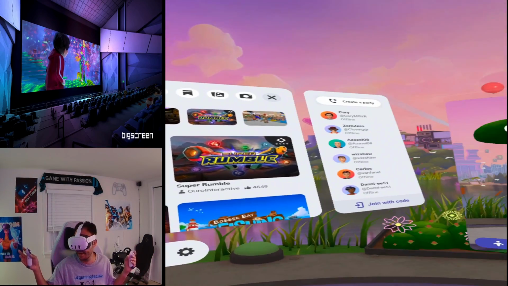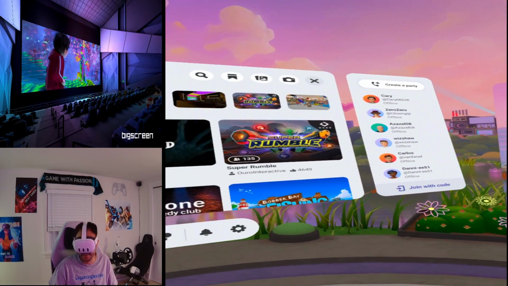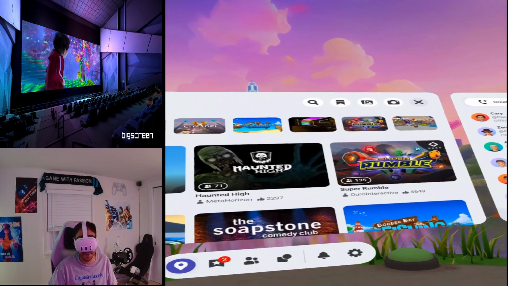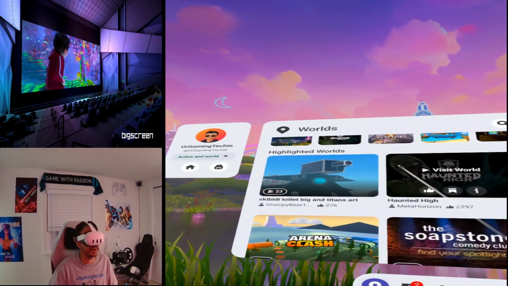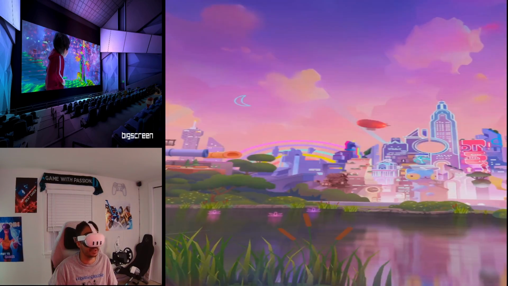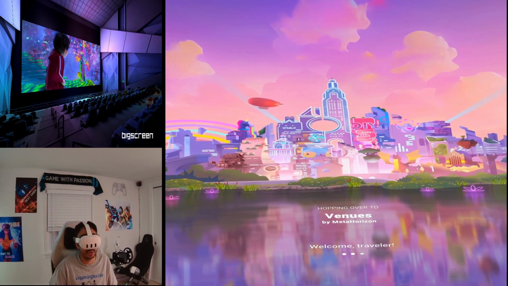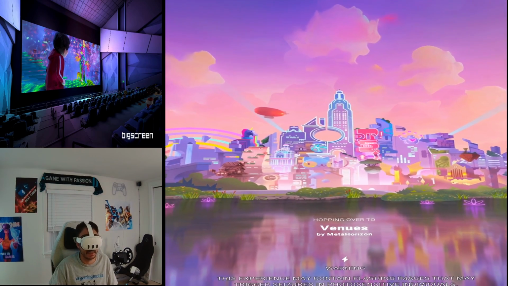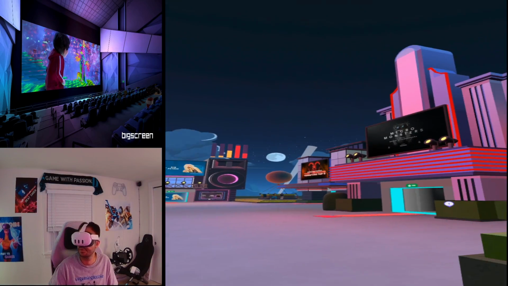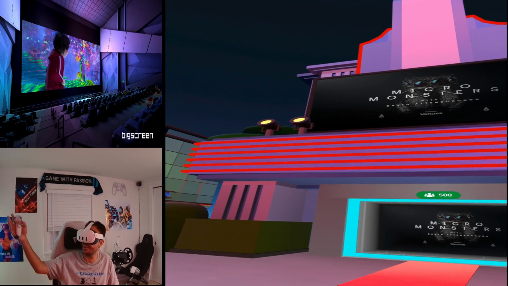One of the other things we have here is Meta Horizons, where you can actually dive in. And I know this app sometimes gets a lot of flak, but they're doing some cool stuff in here between Super Rumble, Haunted High, and some of the stuff that they have. But they also have venues, which is obviously all about entertainment in here as well. So this is another avenue for you to enjoy immersive concerts and stuff like that, as I'm about to show you in this area. You can see as we move around here, there's a bunch of different areas that you can go to in Horizon Worlds right here.